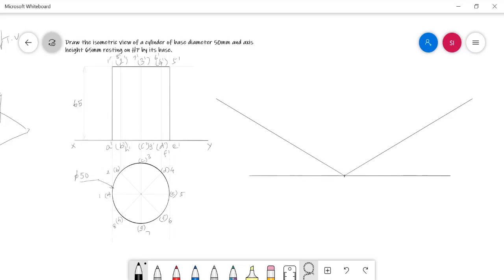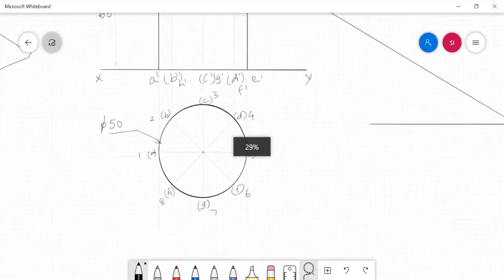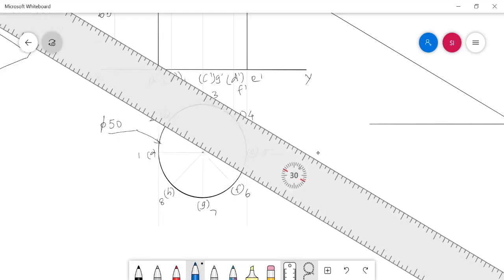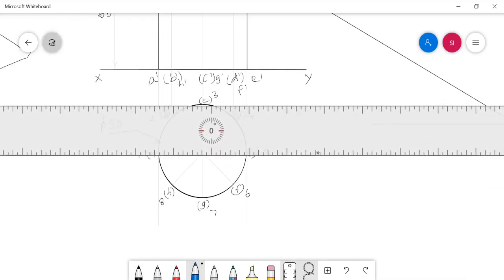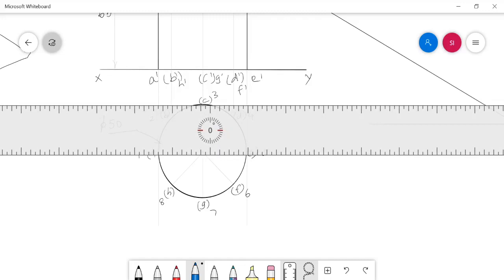And then, as per the procedure in the box method, we need to enclose this base view inside a box. This can be done with the help of the 2H pencil, but for your better visual experience I am using a different color here.